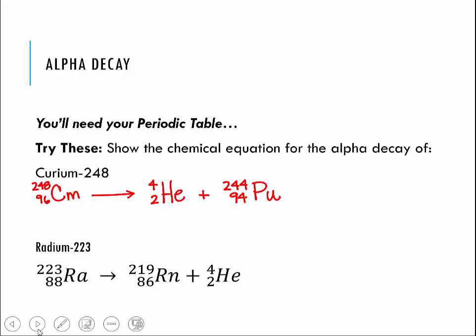You should have gotten this. So you start with radium. You know you're going to end up with your helium, and then it goes from 88 to 86. So you got to find that on your periodic table, and 86 is radon. All right,